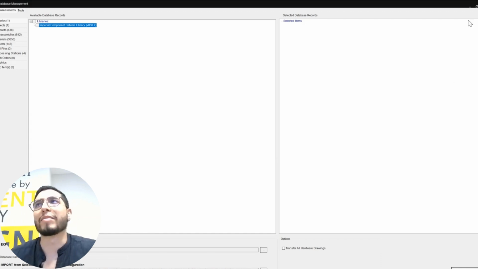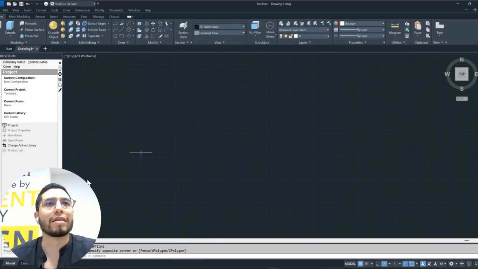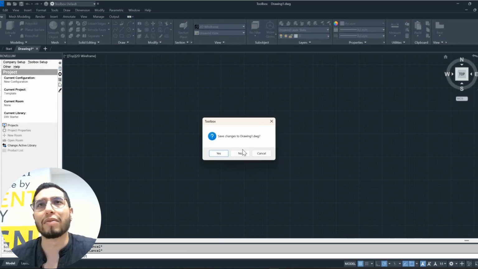Once the library has been imported, I will close the database manager and restart Microvellum. I do this because I imported a new library, and I want to refresh the configuration. As you can see right now, our current library is backward starter, but that will change once I restart